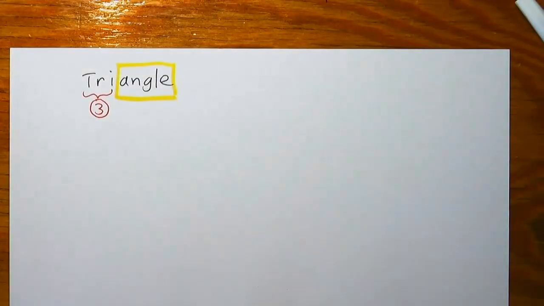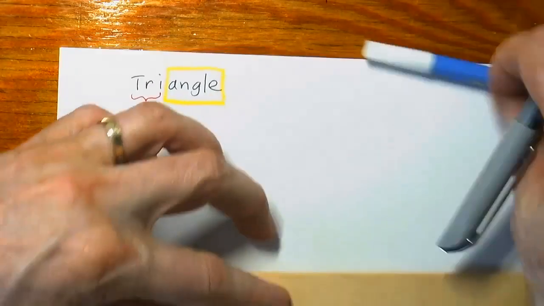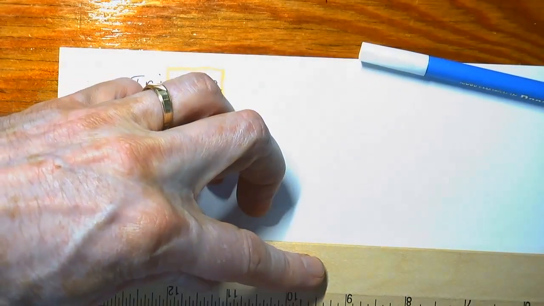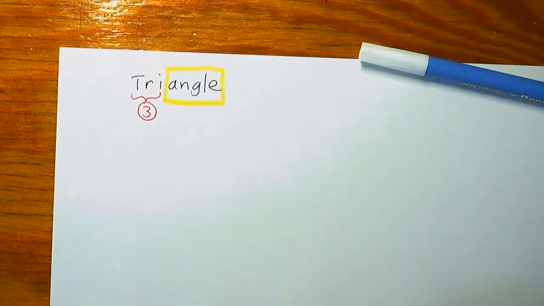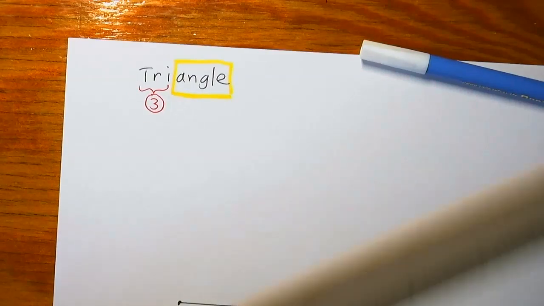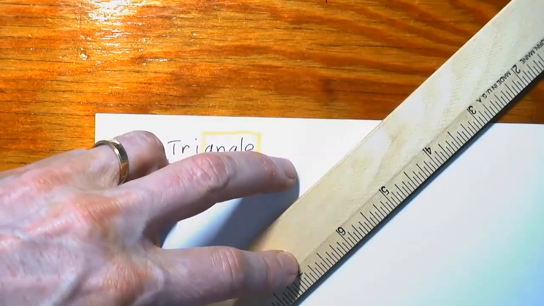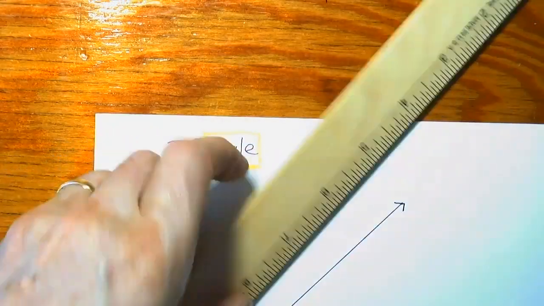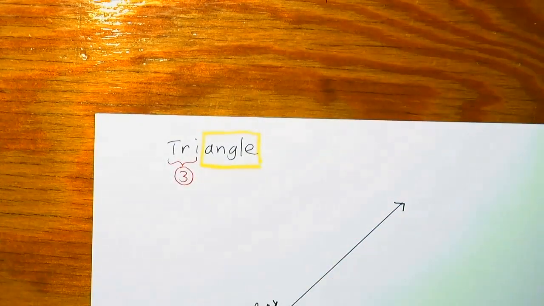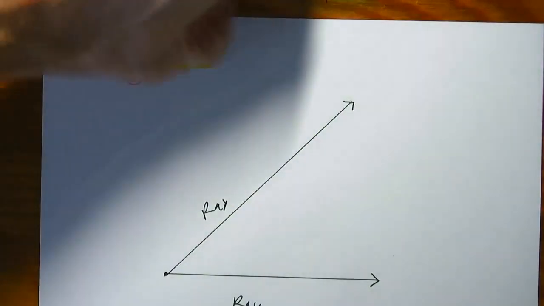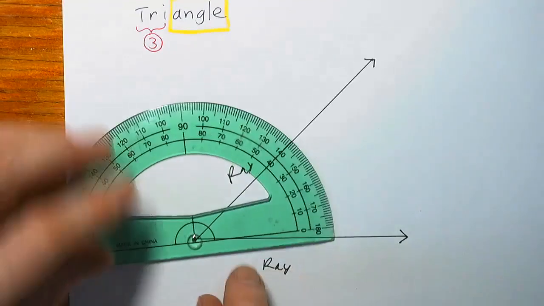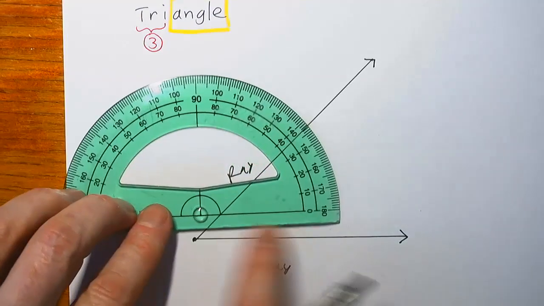So if I draw some lines here, I'll start with a line. Actually, it's going to be a ray because it starts here. It goes this way. It doesn't matter how far it goes. And I'll put some other one. There we go. There's another ray. And I've created an angle. And if I want to know how big is it, I just put this right on here and make sure